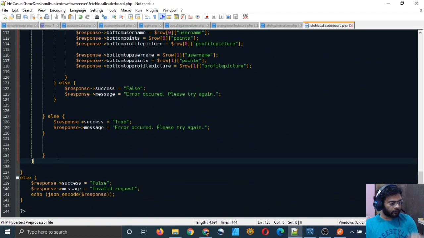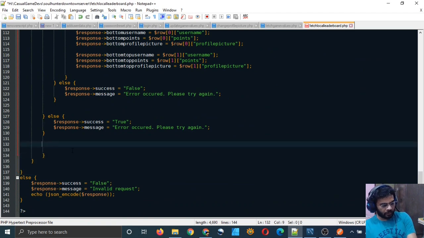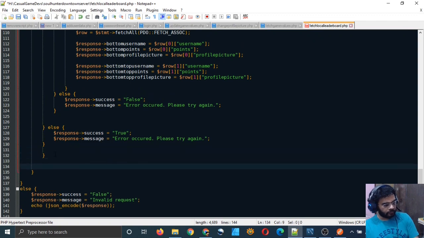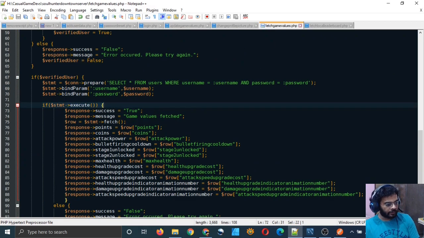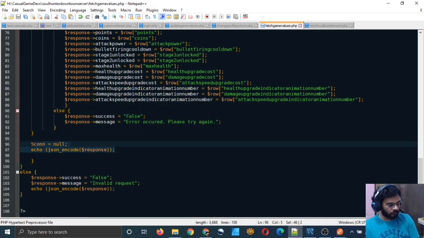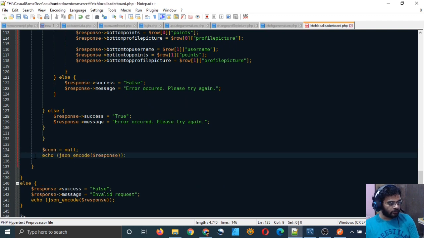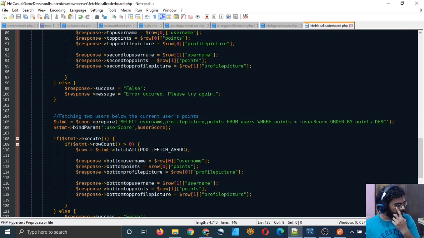And here where we have checked empty or not, there we have to echo our statement. Null the database variable and echo the statement. Echo the response variable, and just simply echo it. I think that should work.